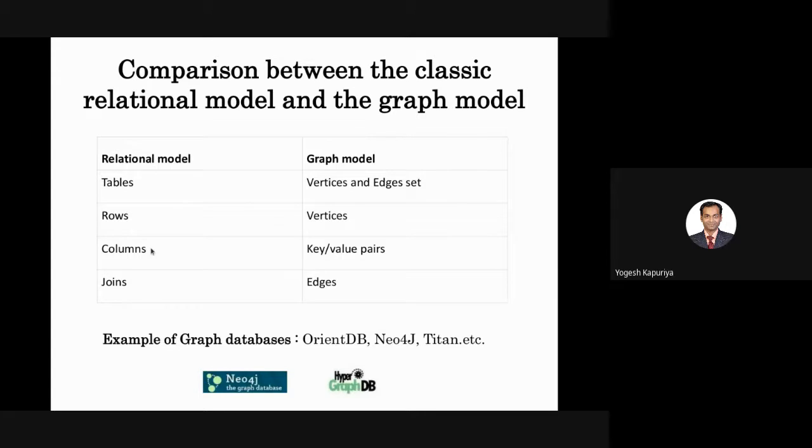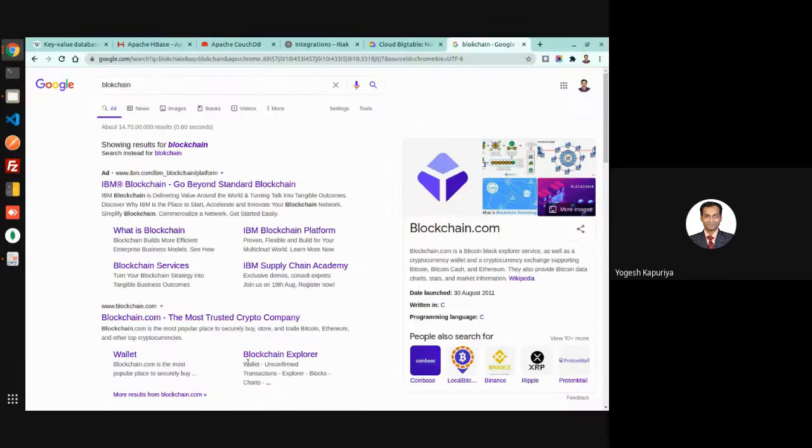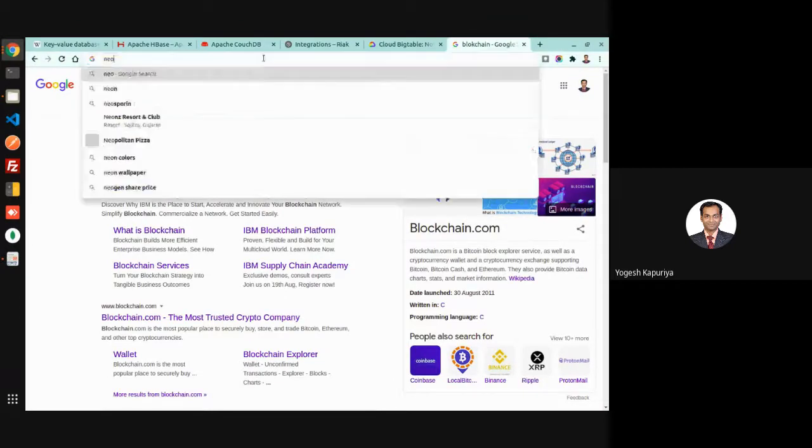Columns, that means within a row there are different name, address, contact number. So that can be represented using a key-value pair within that vertex. And then you have joins for relationships; here you have edges. There are many graph databases, but the most famous is Neo4j. I think it is a very good database.